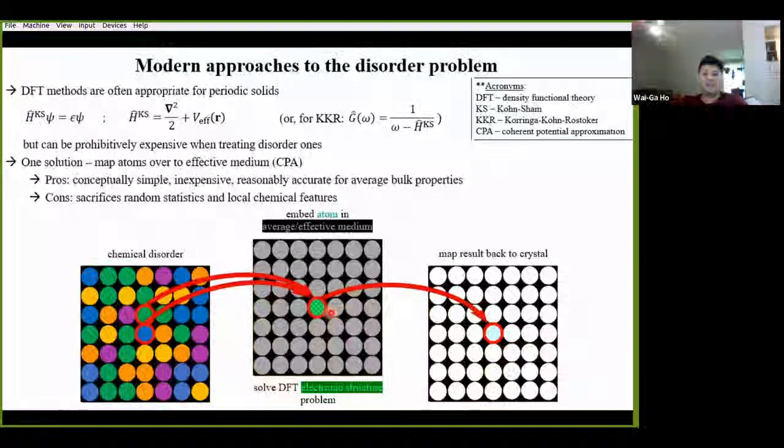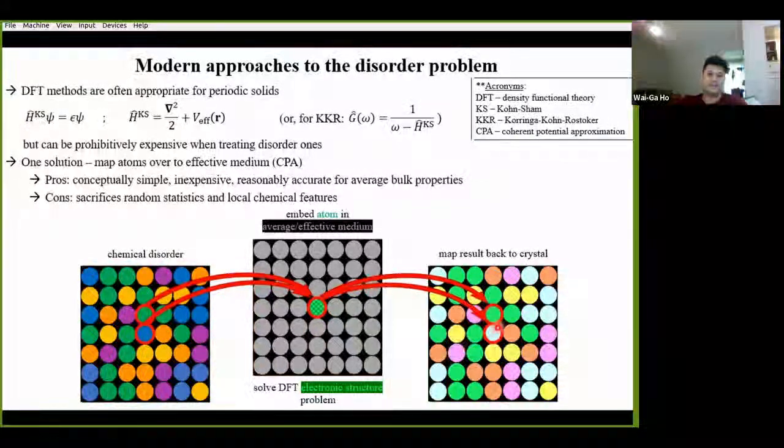This turns out to be a pretty questionable approximation to make, which can limit the accuracy of the CPA solution and its ability to properly describe the disordered solid. Moreover, this effective medium approach ends up wiping out the statistics of the problem, since the single-site DFT only depends on what kind of atom is being embedded. So, even if I'm looking at two green atoms that actually have completely different environments due to the disorder, I'm not capturing that in CPA. Instead, if I just finish treating the rest of the crystal, pretty soon I'll end up with something like this.